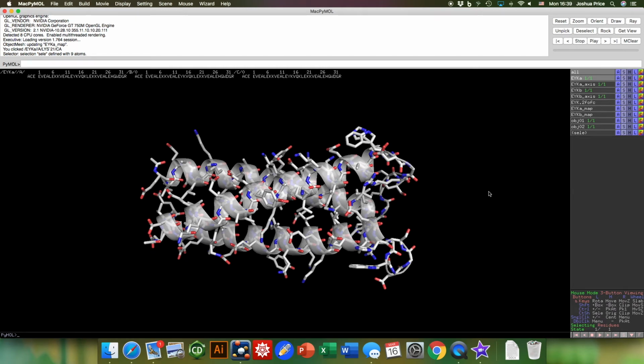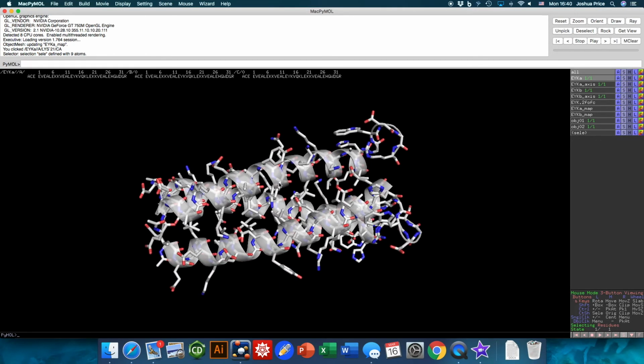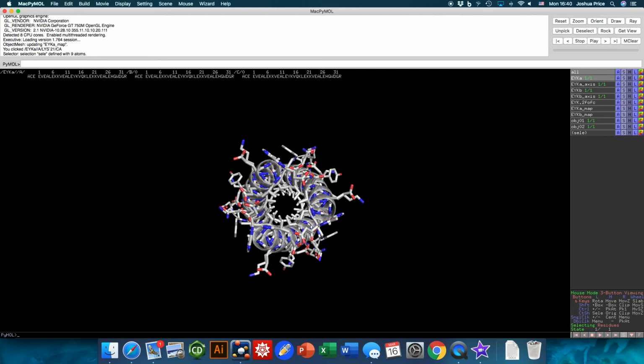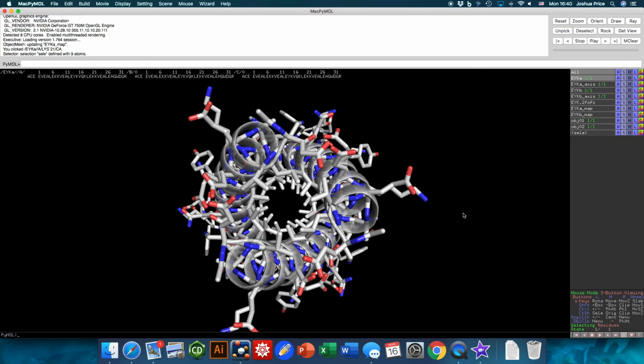Now this is called a ribbon diagram, and the ribbon or cartoon that you see circling back and forth simply represents the trajectory of the peptide backbone, that amide nitrogen, alpha carbon, and carbonyl carbon. And these 3 helices interact with each other. And if we look down the axis between the helices, and then we start to take a cross section, we can see